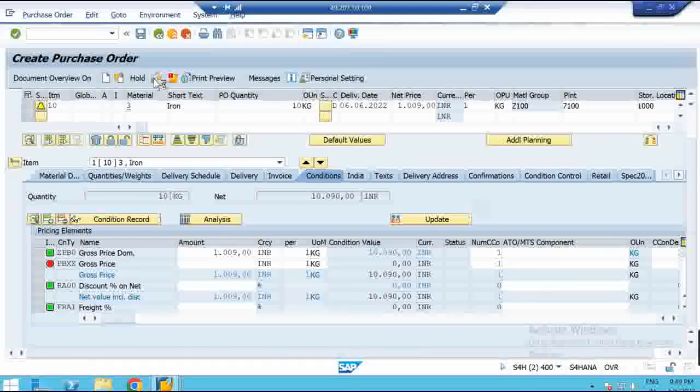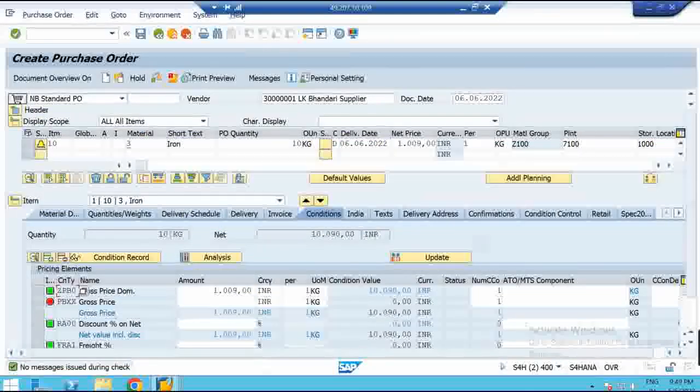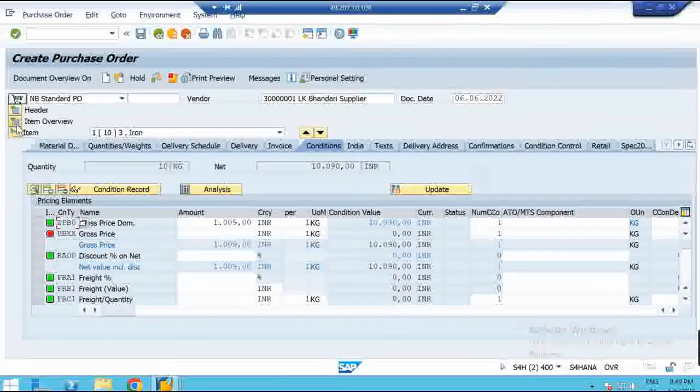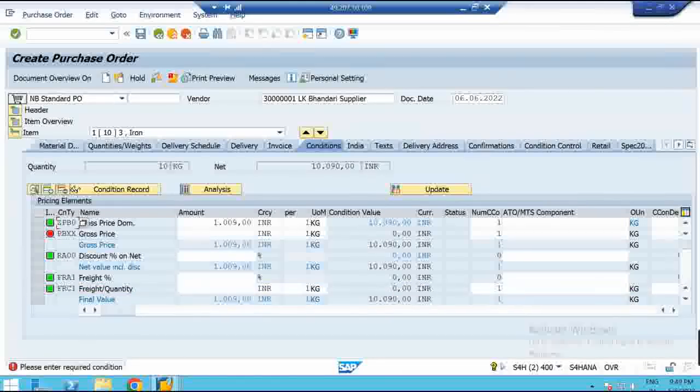Then click on check. This is the check option. So the system is saying no message issued. Let me do another operation, then you will understand better. Let me delete this one as well. Now the system is triggering the error: please enter the required condition. Why is the system triggering the error? Because